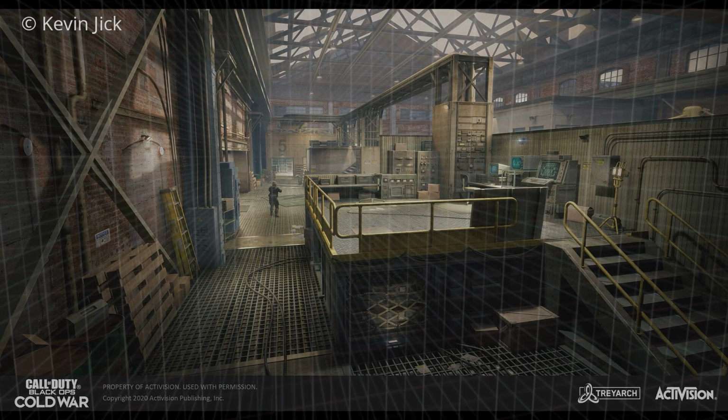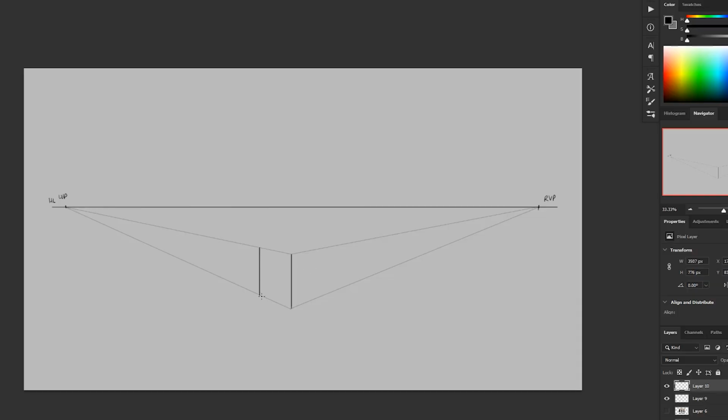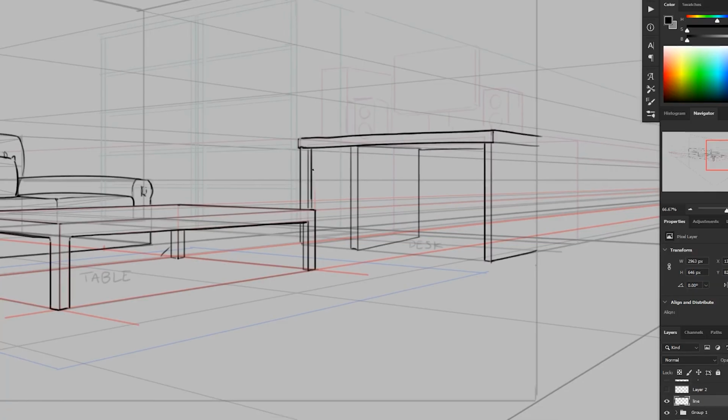Many artists avoid learning perspective because it can be intimidating, dull, or both. In this series, we're going to break it down into simple concepts and do some fun exercises that'll help you